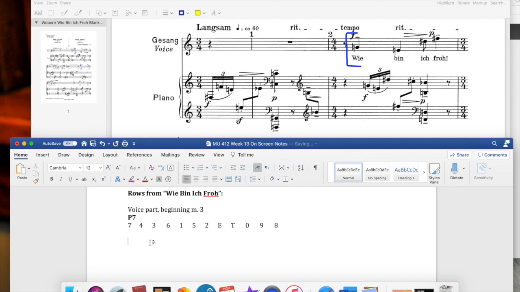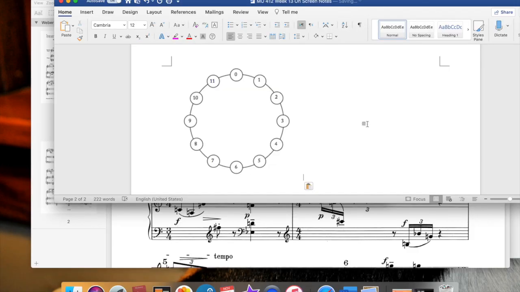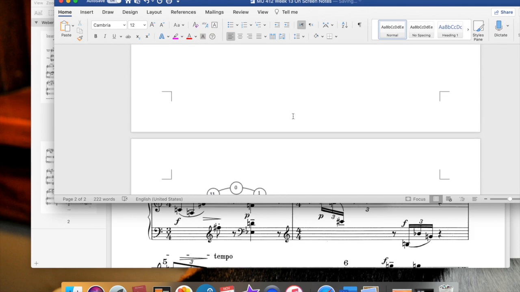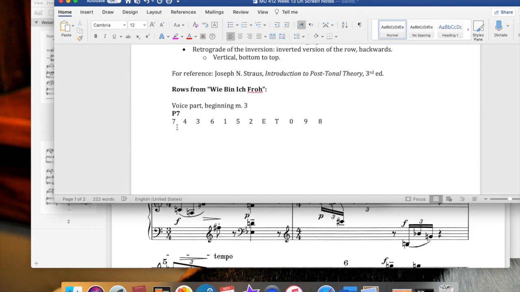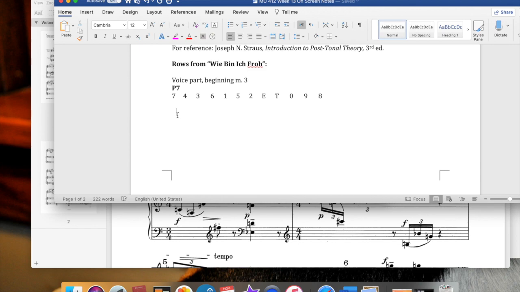Okay, so at the beginning, for example, the difference between 7 and 4 is not 3, right? Think about it in terms of the clock face diagram. I'll take a second and pull that up for you here. So here's our clock face diagram, just to refresh your memory. And we want to find the intervals between these different things.